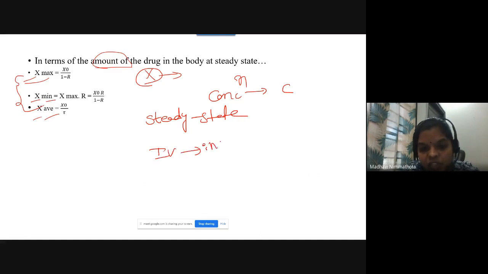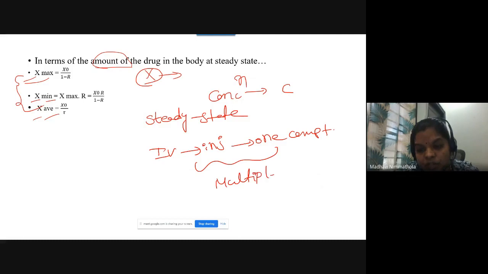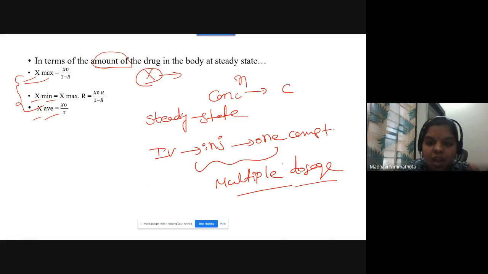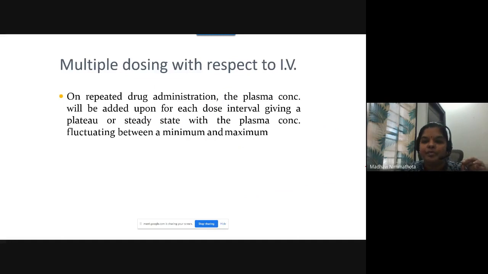IV injection through one compartment open model, when it is given through multiple dosage. That means repetitive administration. So this is about IV injection of the one compartment open model. So generally what we learned with multiple dosing with respect to IV is that on repeated drug administration, the plasma drug